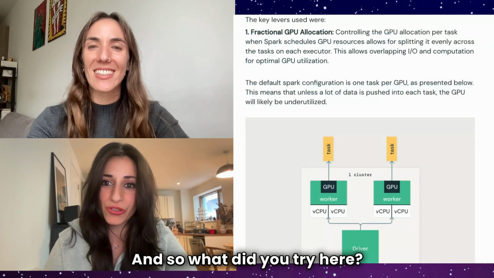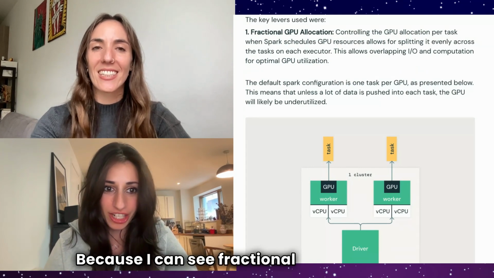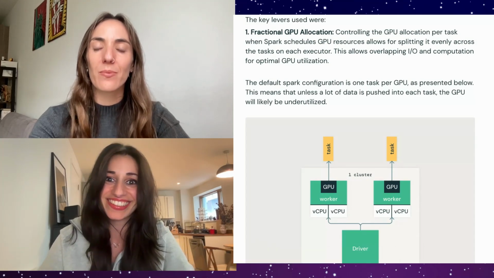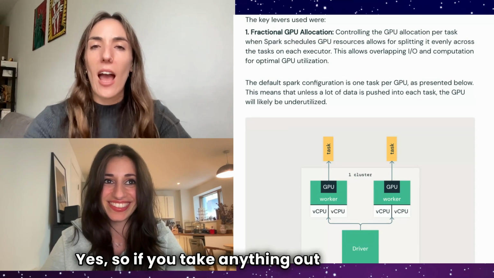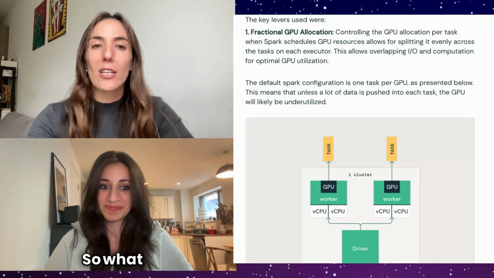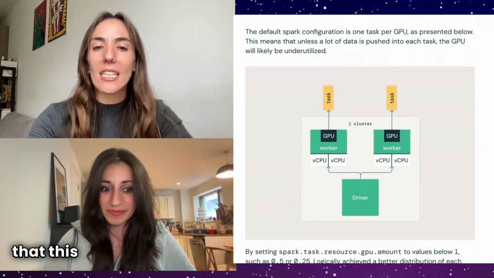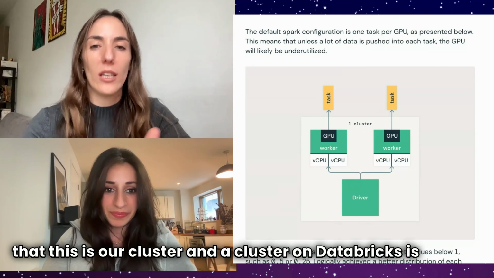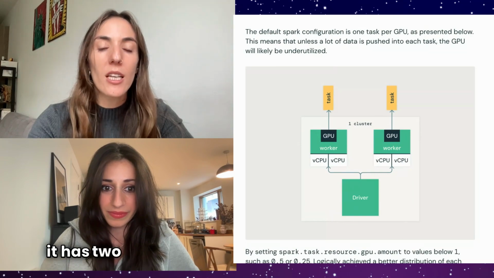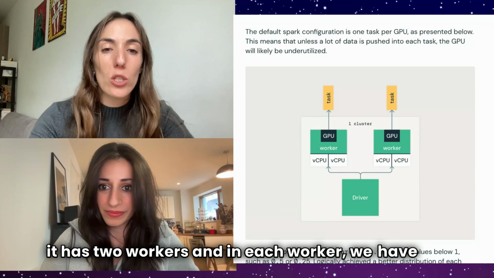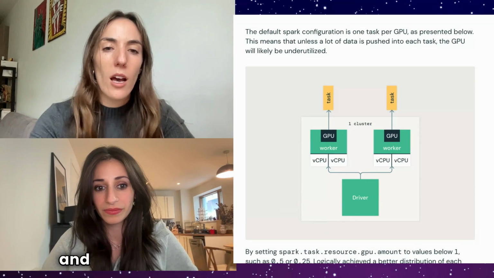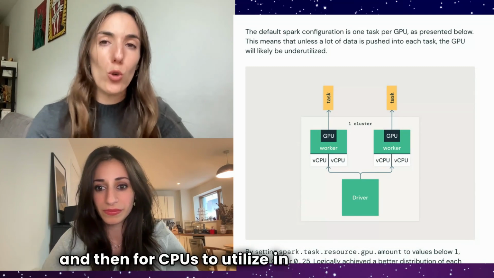Awesome. And so what did you try here? Because I can see fractional GPU allocation. Can you explain a bit more what it is? Yeah, so if you take anything out of this video and of this blog, it is to understand this fractional GPU allocation. Think of this as our cluster, and a cluster on Databricks is a Spark cluster, so it has the driver, and in this case, let's say it has two workers, and in each worker we have two CPUs and one GPU. So in total in the cluster, we have two GPUs and four CPUs to utilize in terms of